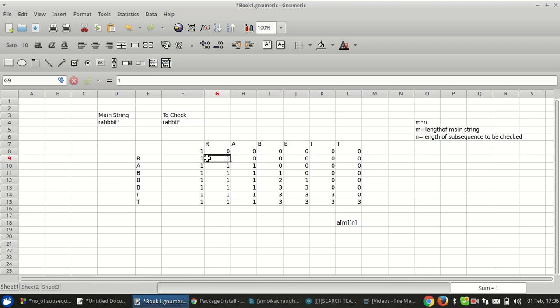Then what is this row? If this is I comma j, then what is this? Then this is I minus 1 comma j minus 1. Okay, and what is this? I minus 1 comma j. Okay, same. Then what we have done here, we have summed it up and written the value here